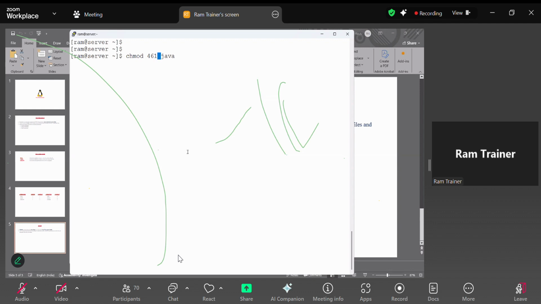If I write, for example, 461, you know that 4 is the user, 6 is the group, 1 is the others. If I write 401, you know that. But with only one value, what happens? It is not user, it is not group, it is only for others. Everyone thinks the 4 is for the user and the remaining are nothing. But actually, the system will treat it like this. Are you noted?